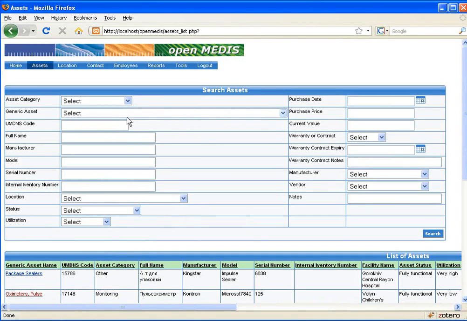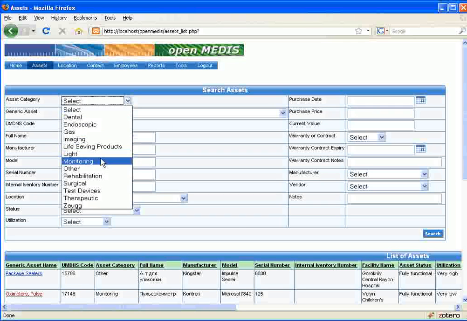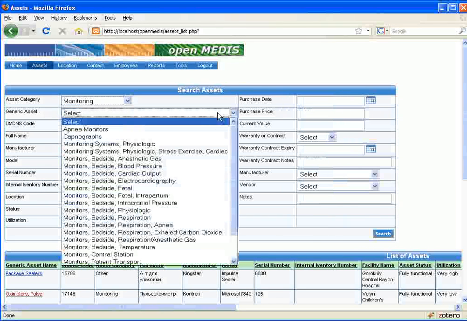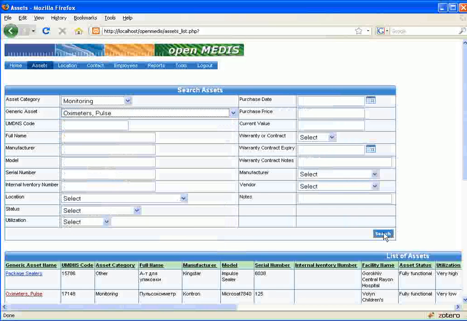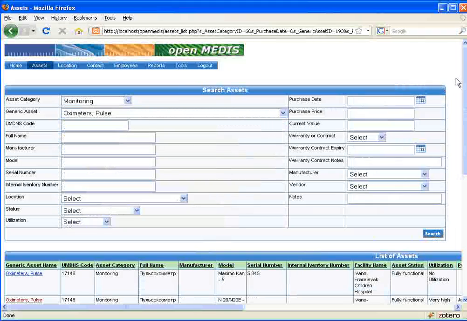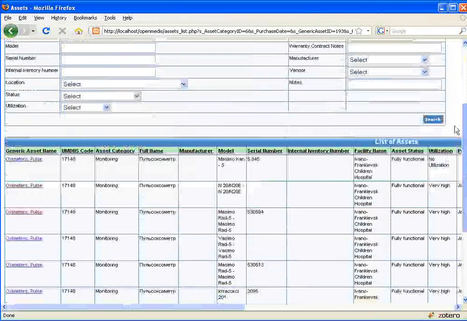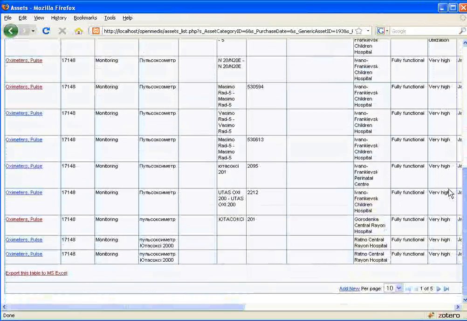So let's just use this search filter here, and let's look for this pulse oximeter. I search, and now here I get a listing of all my oximeters in the database. You can see I have oximeters in different health facilities,